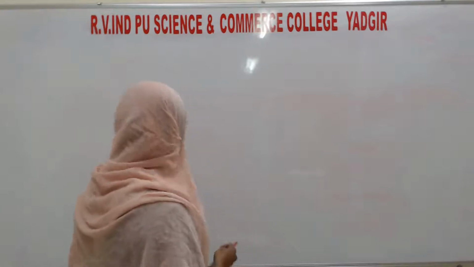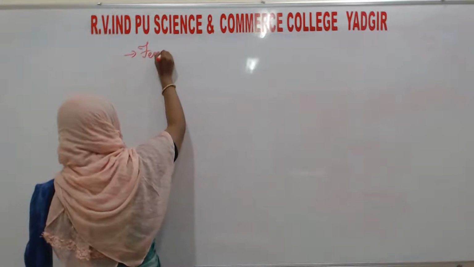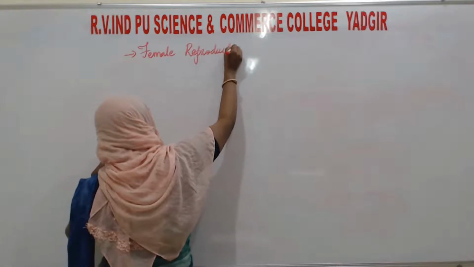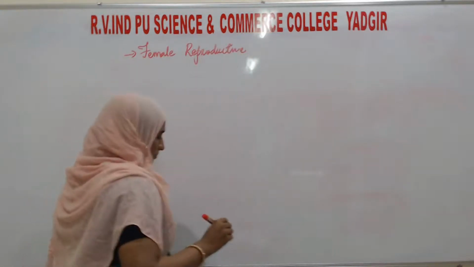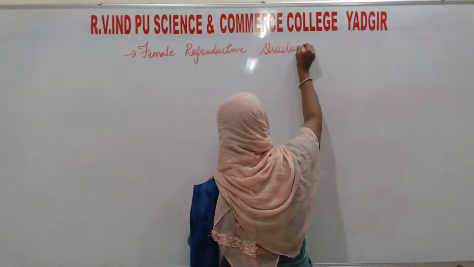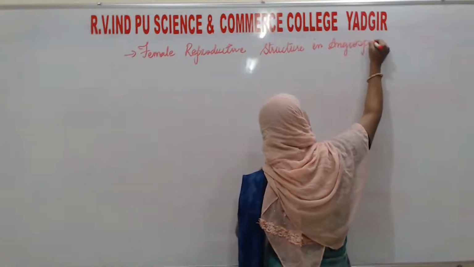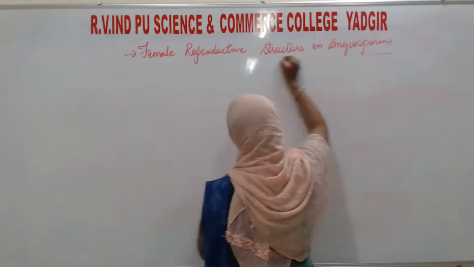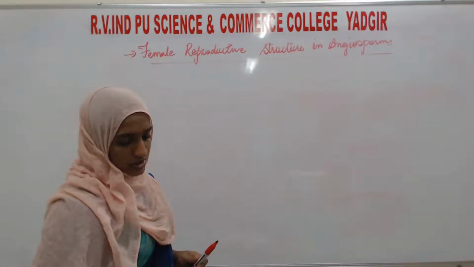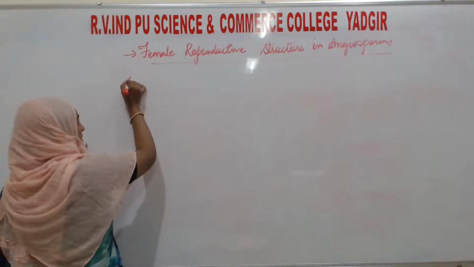Next, the female reproductive structure in angiosperms. Here, in the female reproductive structure, the first thing included is the pistil,